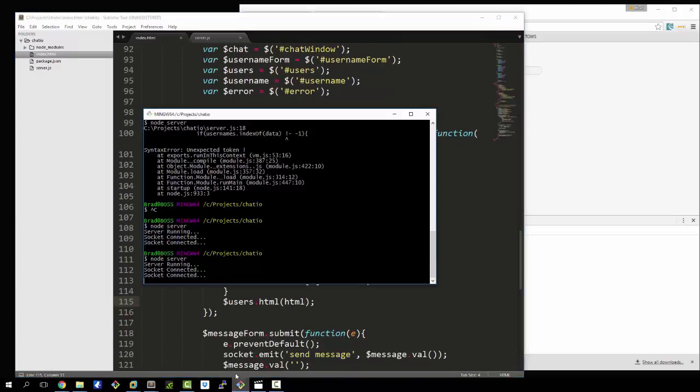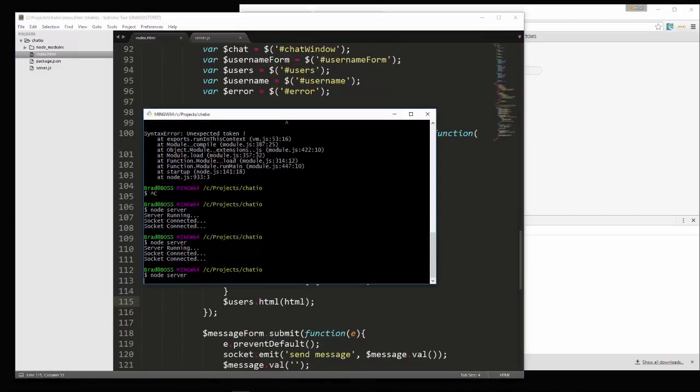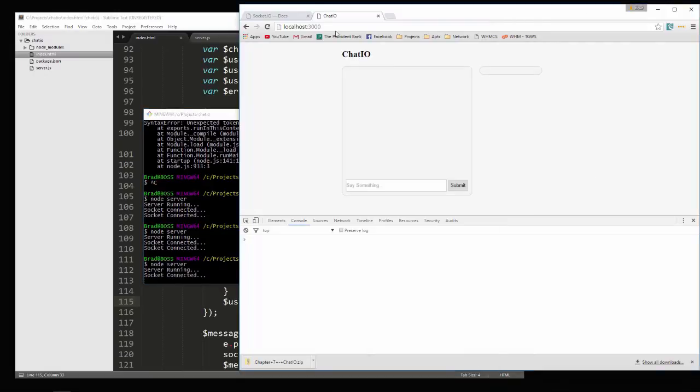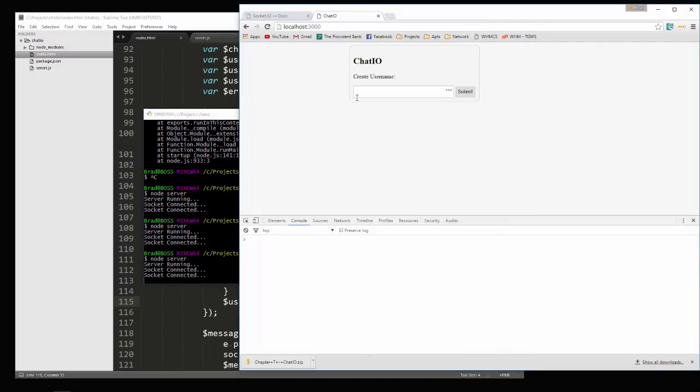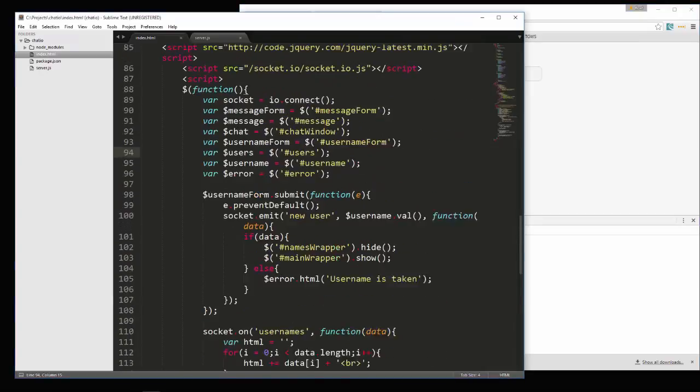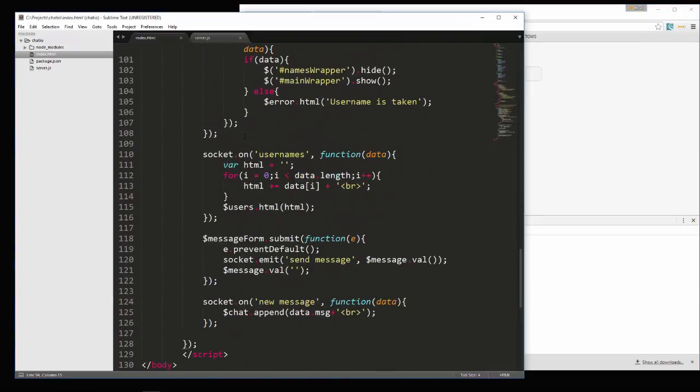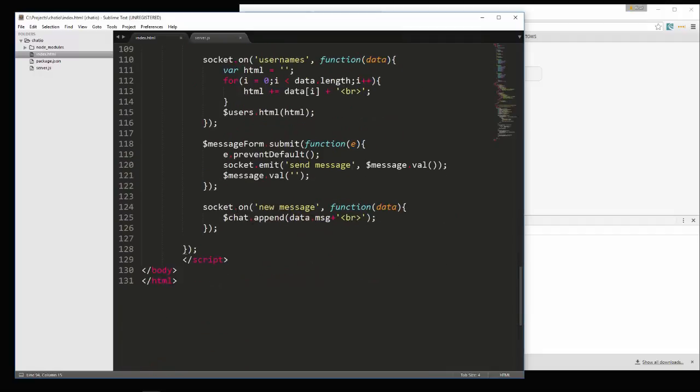Let's go restart. Okay, and let's refresh this page. Username, submit, and now you can see that Brad is over on the side here. And if I say hello, oh, we didn't do that part yet. We have to make it so that the name shows there as well. So we need to go right here, new message,